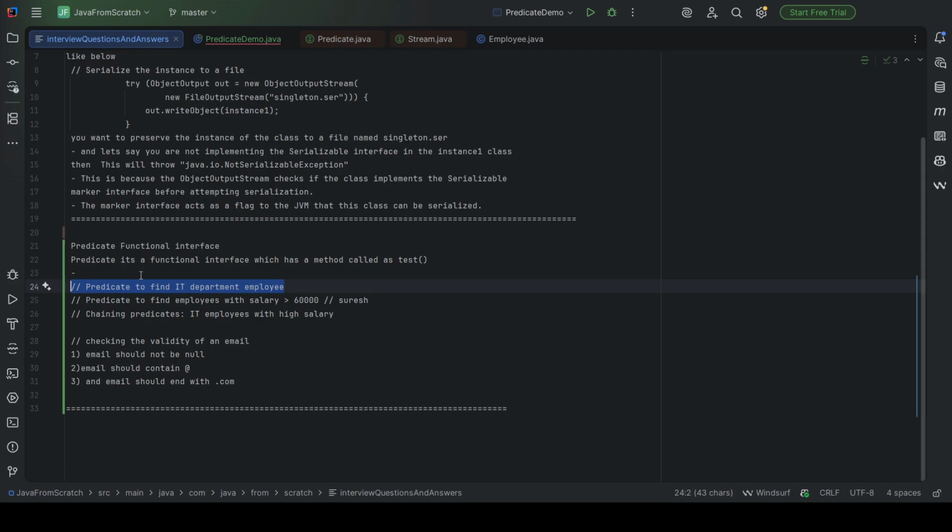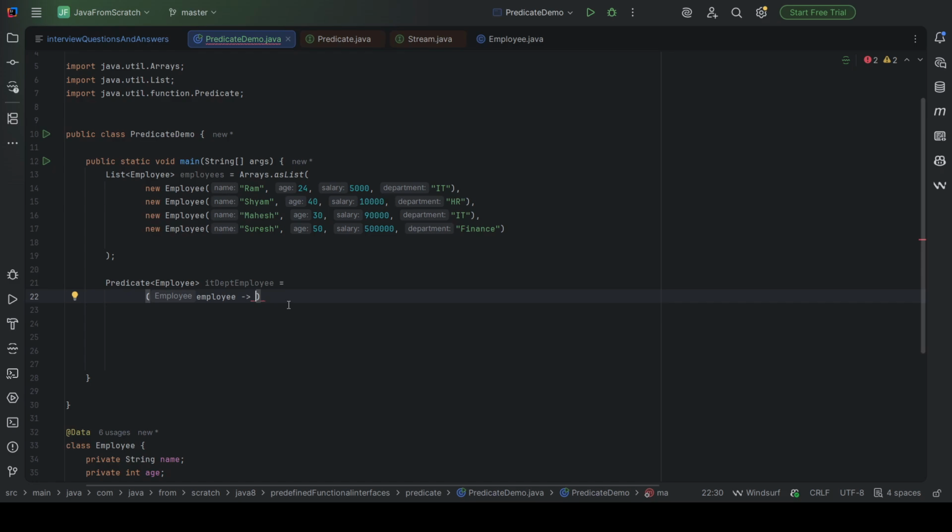What condition do we want? A predicate to find IT department employees. So employee.getDepartment().equalsIgnoreCase("IT"). We added the condition.